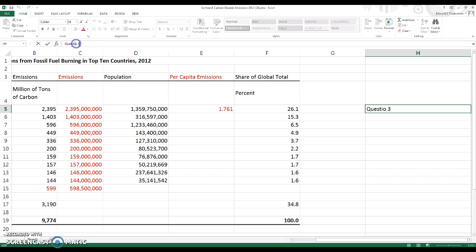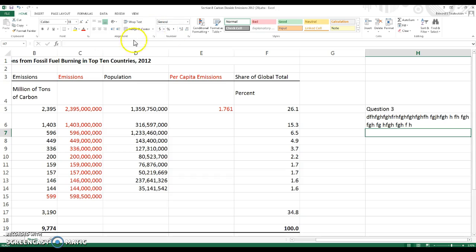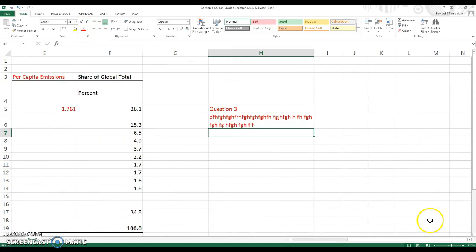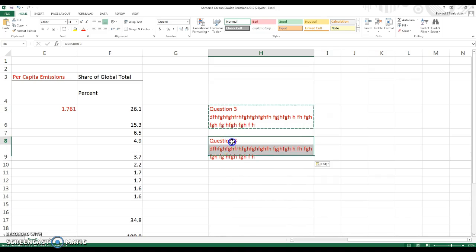Let's put an N there for my question. Oh, that's not 3. And so now I can start typing in here. I can make this a wrap text box. So when I get to the end of that, it'll go to the next line. All right. No matter what you do, it's going to kind of adjust one of your cells in here. So, but I'll be fine. So take all that, make it red or whatever color you choose, and then that way I know you did that. Okay, there's also going to be a question 5,